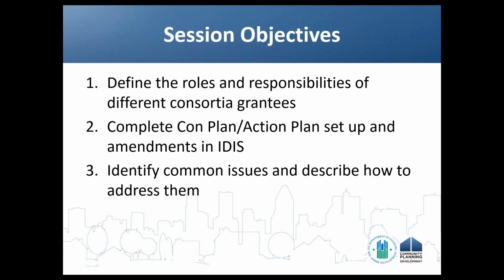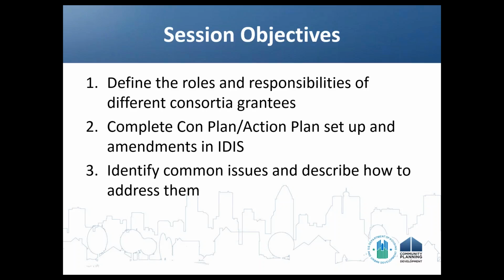Our objectives for the next hour and a half or so, we want to make sure that we're defining the roles and the responsibilities of different consortia grantees, and that everyone is feeling confident and comfortable with what those roles and responsibilities are. We want to make sure that everyone is comfortable in being able to complete the comp plan and action plan setup for both the original comp plan but also amendments in IDIS.